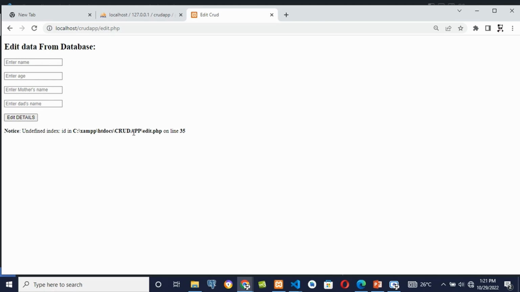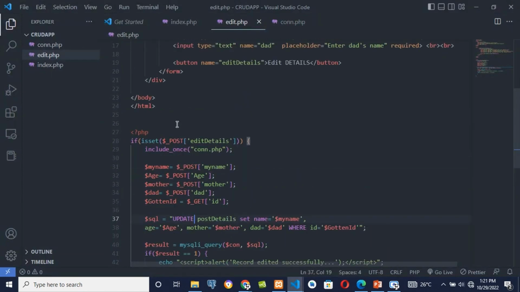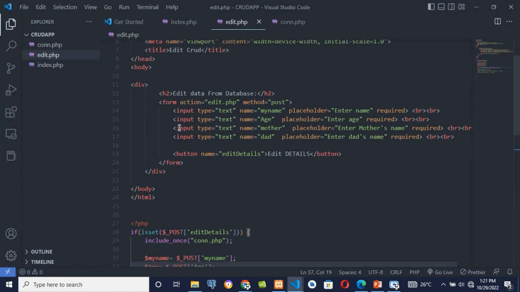Okay, undefined index ID on line 35. Okay, you know what? I think we can fix that kwa kuweka